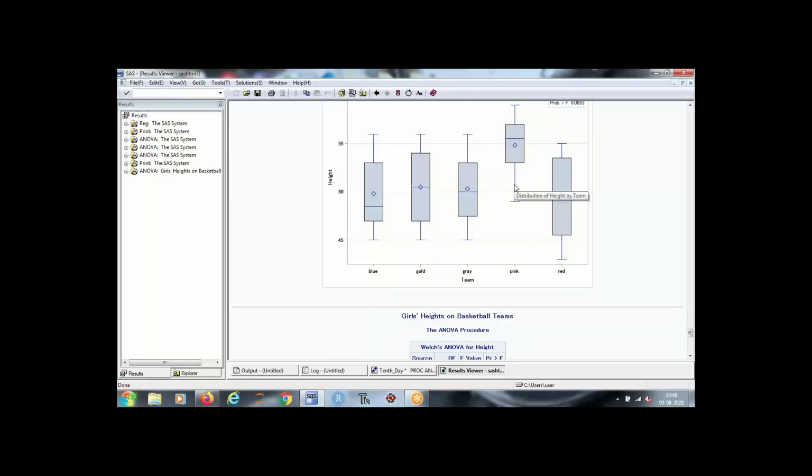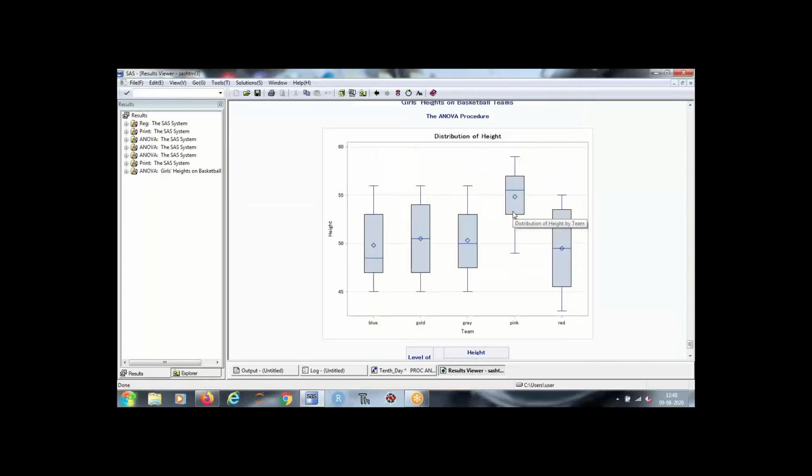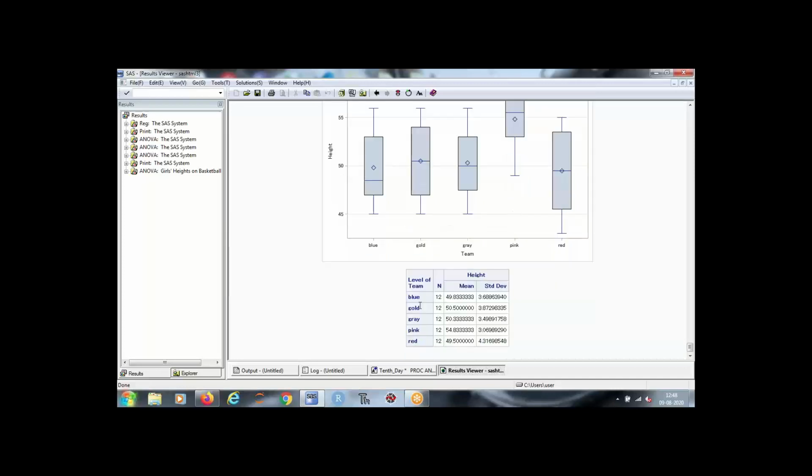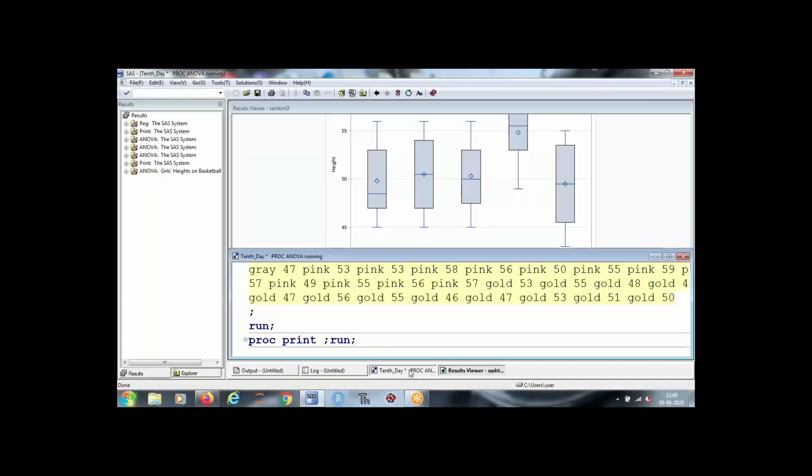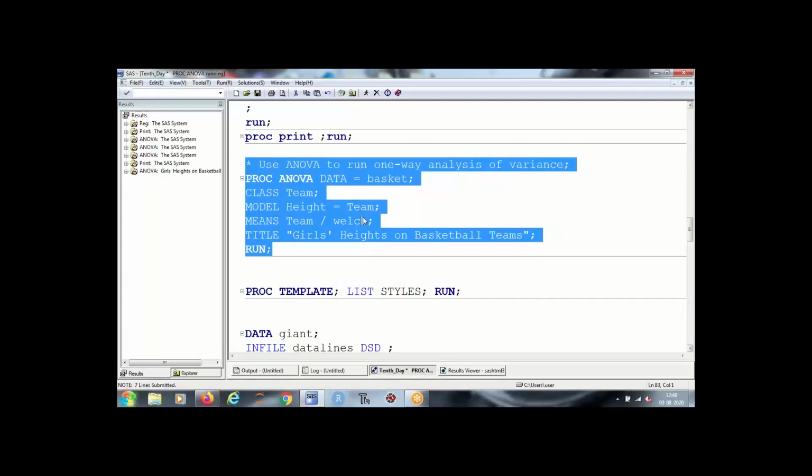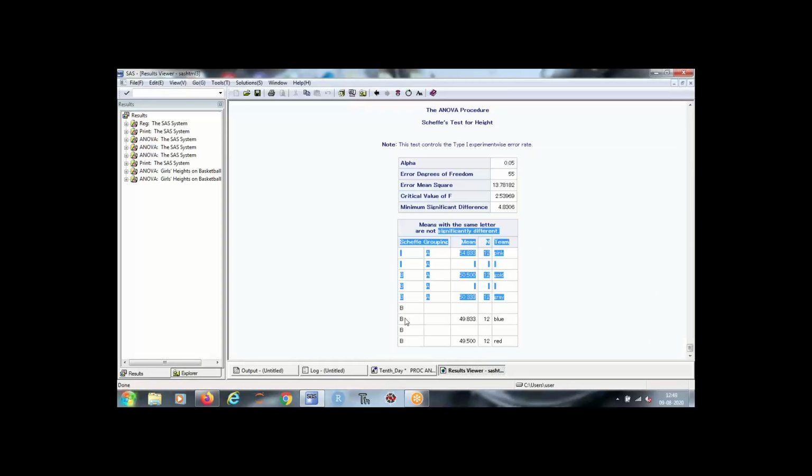Now, how do you know which groups are common and which are different? So which teams are similar, which are different? In the case of Welch, you can use Scheffe. That will group them. So these three variables are similar, and these four are similar. Do you see this Scheffe grouping? It grouped the variables into different groups, suggesting that these are similar, these are dissimilar.